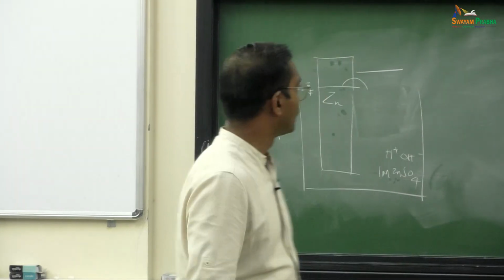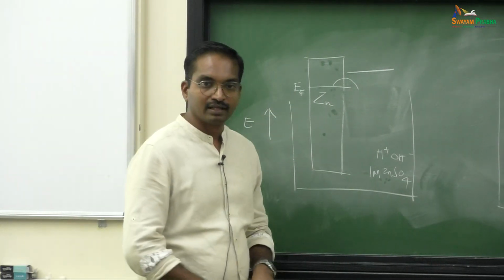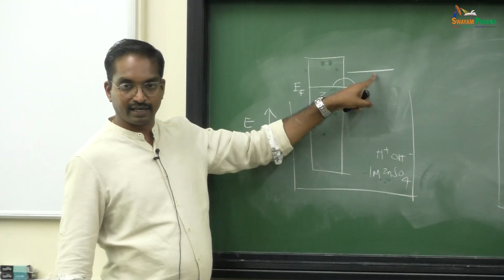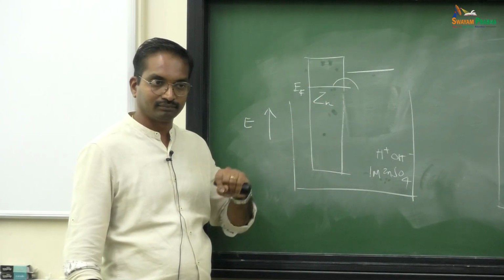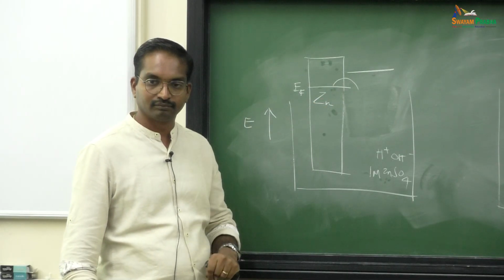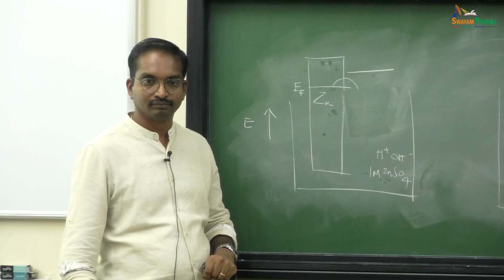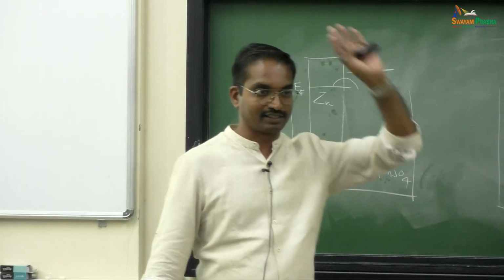Now, look at here, in this case the energy level of the liquid side is higher than the Fermi level. Now, to equilibrate, if I say that is a high impedance process, a high activation energy process,